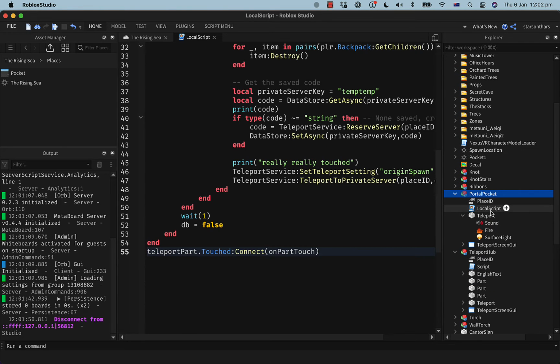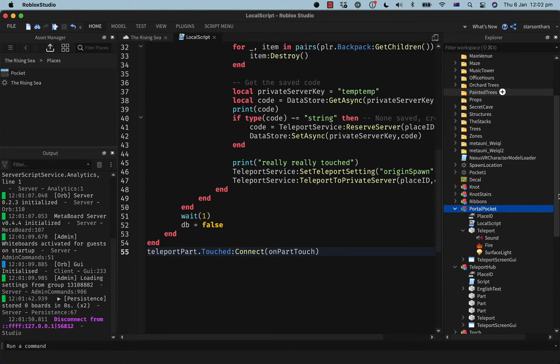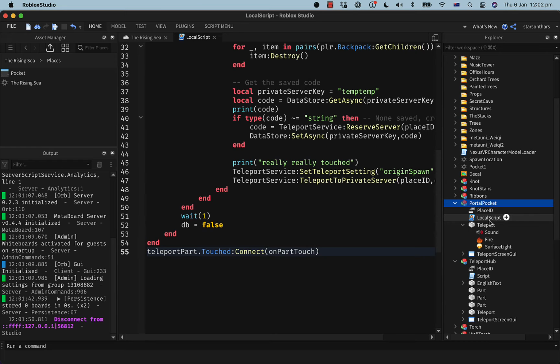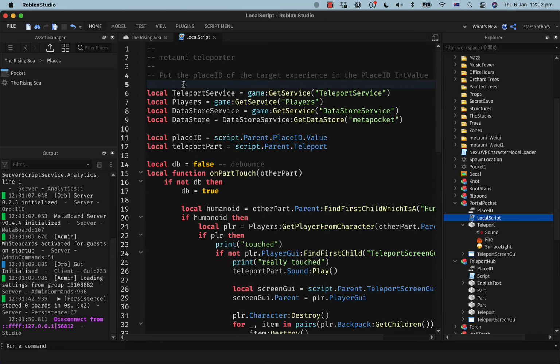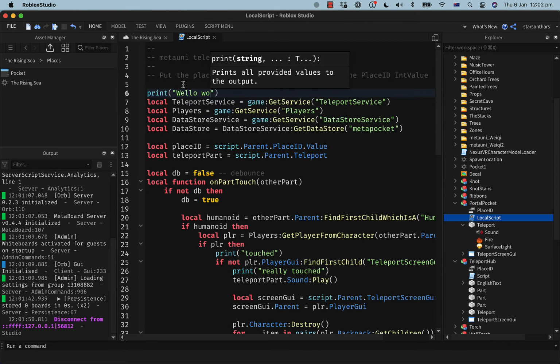I thought it is parented to a model. That should be fine. Local scripts should only execute if they're in the player GUI or somewhere else, right? Scripts will execute out here, isn't that right? I thought they would also execute. Why don't you just do a hello world just to confirm that? And just add another local script. Or just do it like that.